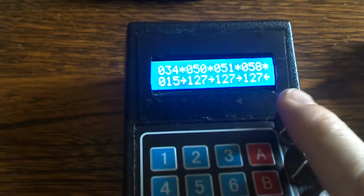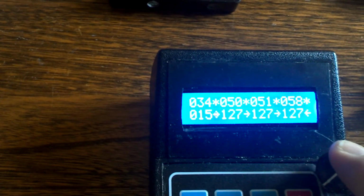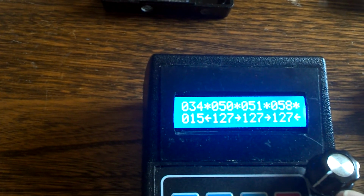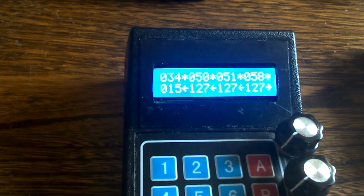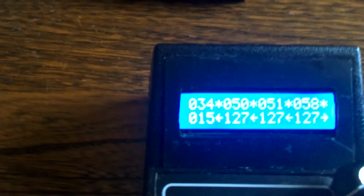And these pots are special pots, whereas if you press down on them, it'll change the direction. So you'll see next to number 15 there, the arrow is going to change when I press down. So I'll change that direction. The second locomotive, I'll change his direction. Third, change his direction. The fourth, his direction. So that's how you would, at a glance, see the 4 locomotives and their direction and how fast